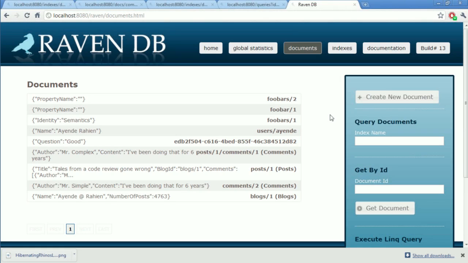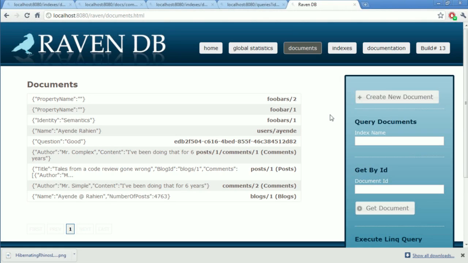The main criterion for naming a document is that I want it to be human readable and somehow meaningful. If I have a user and the username is the absolute main thing about this user, I probably want to reflect that in the document ID because it makes it easier to think, discuss and talk about.